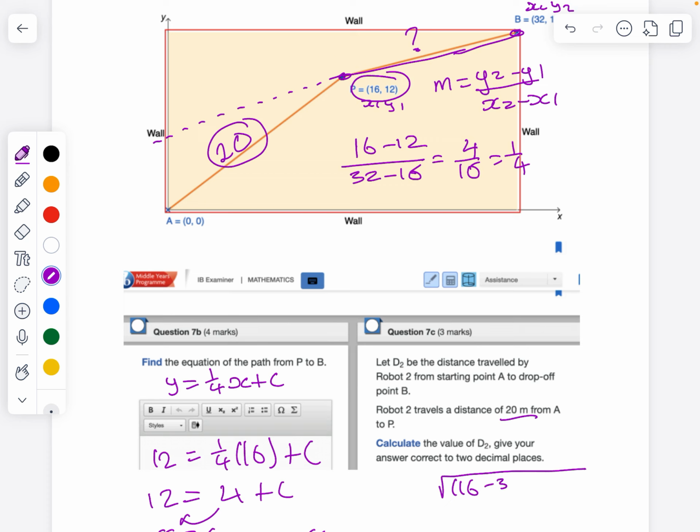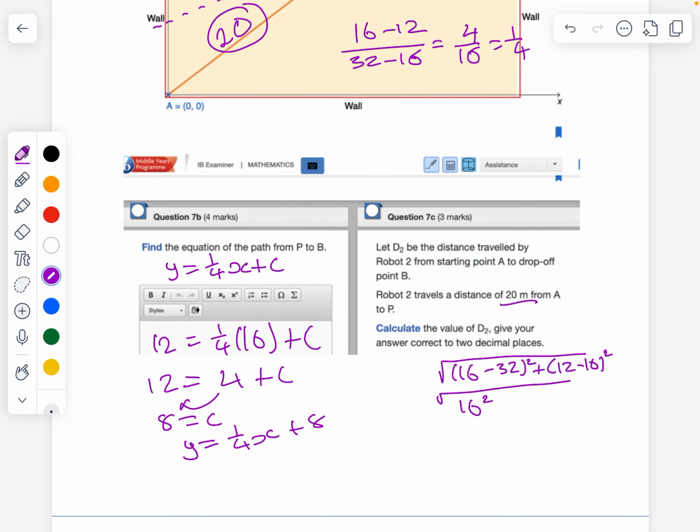Okay, I'm going to still label it the same way I have. So the distance is going to be 16 minus 32 squared plus 12 minus 16 squared. So this is the distance formula. So if we work that out, it's going to be the square root of 16 squared plus 4 squared, which if you simplify it, it's 272. And then this answer, don't forget we have to add 20 to that. So you put that in the calculator, the distance